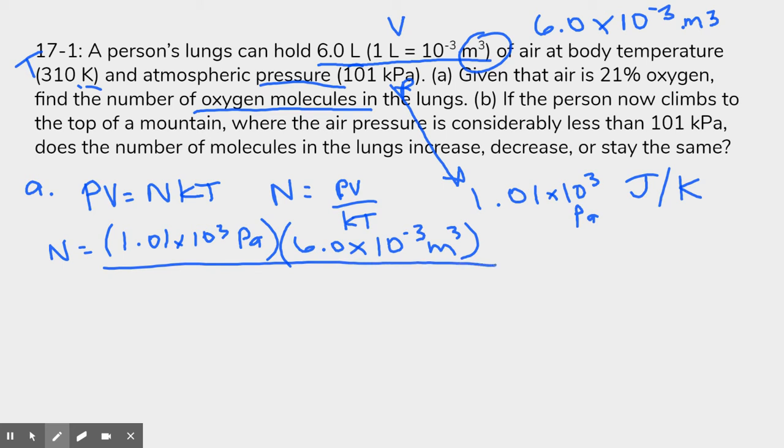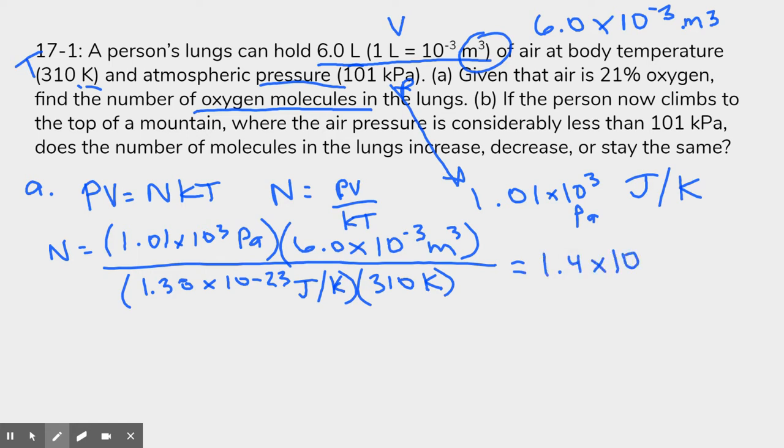That's going to be divided by Boltzmann's constant, so just pull that from your formula sheet, which is 1.38 times 10 to the negative 23rd joules per Kelvin. That's capital K. And our temperature, which we already have in Kelvin, is 310 Kelvin. All we have to do is solve for N, and when we do, we'll find 1.4 times 10 to the 23rd molecules